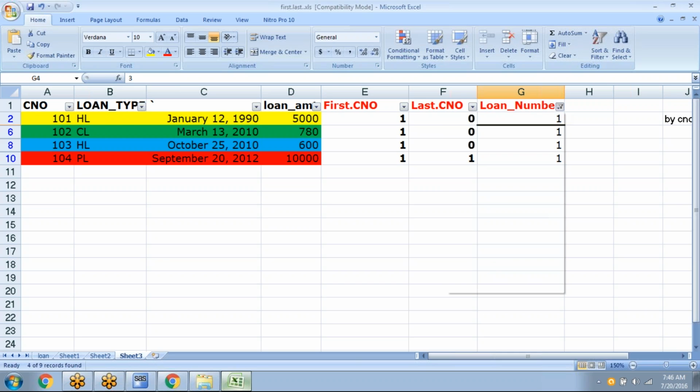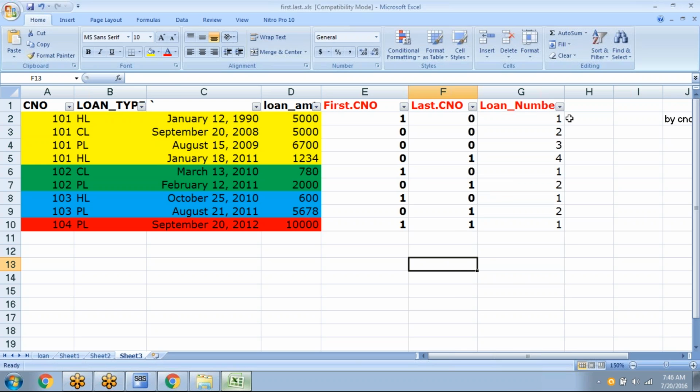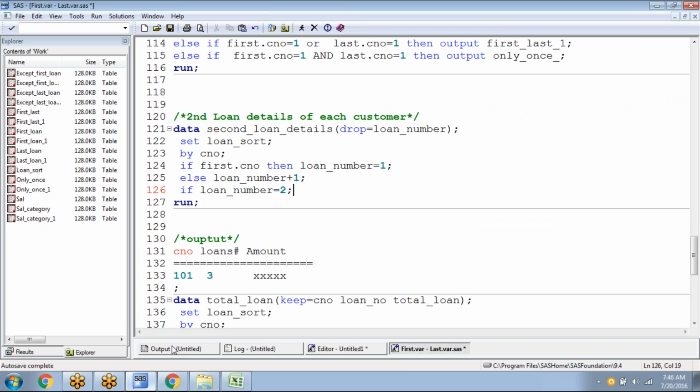Right? So how to implement this concept in SAS? Our objective now is to create this sequence number, or loan number. We want to create this loan number for each group. For each group, I want to create a loan number. So how do we create this loan number in SAS? Simple. See here,